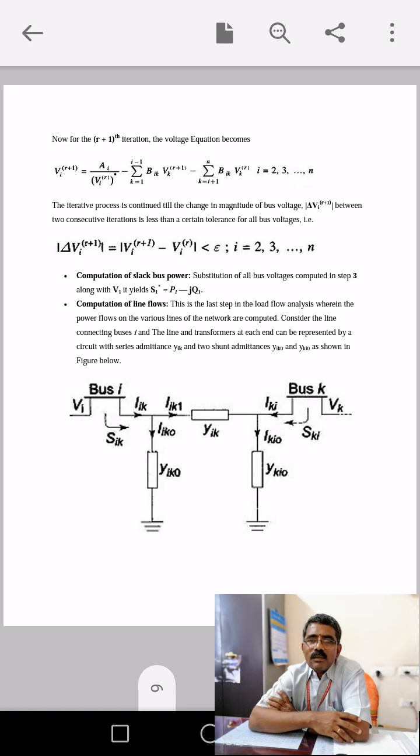And during the process, you can also observe some of the constants which are normally not required to take up in iterations. They can be separated as some constants A, B, which reduces the computation time. But normally in our general problems, which we will be dealing with mostly 2 bus, 3 bus, and beyond that it is not possible because of the time constraint. Even in examinations, you need not expect beyond 3 bus system or at the maximum 4 bus system. So in which case, we need not apply all these minimization techniques.